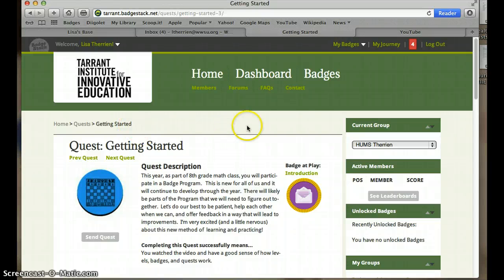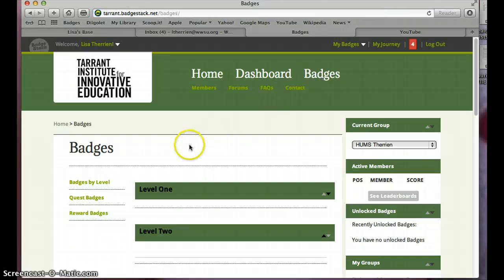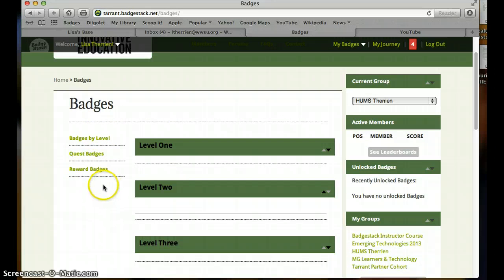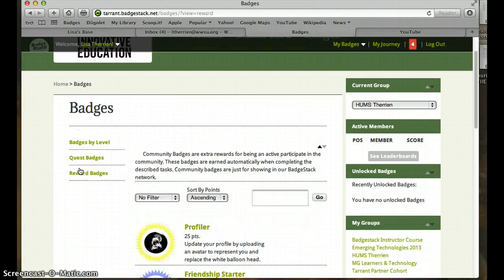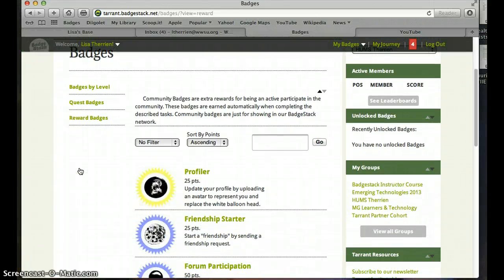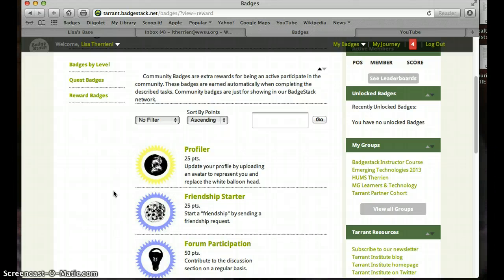So as you read above, there are 2 different kinds of badges. Those were quest badges that we looked at. They have quests to them, and then you earn them. Then there are reward badges, and if I click over here, you'll see a few examples. Reward badges are more of a one-time kind of thing. They're mostly around participation and things that contribute to our community, both in class time, in person, and